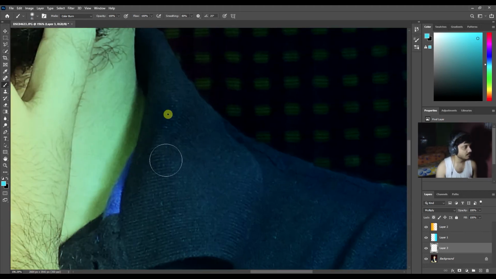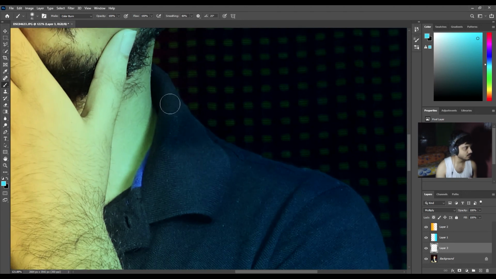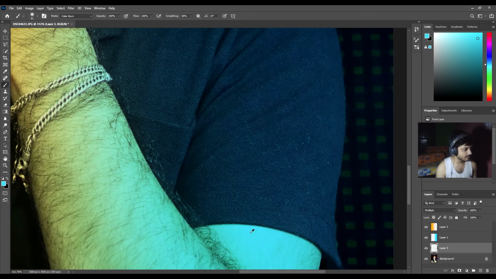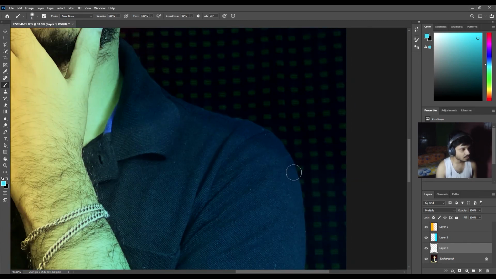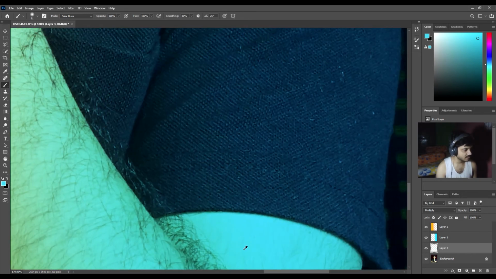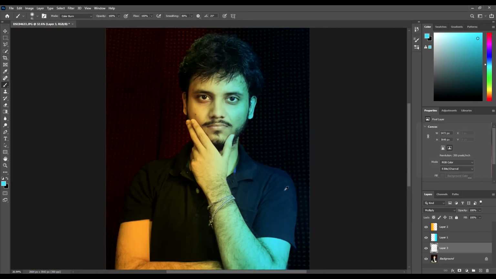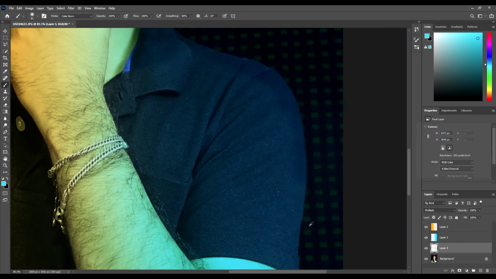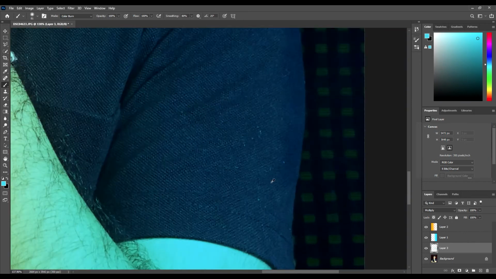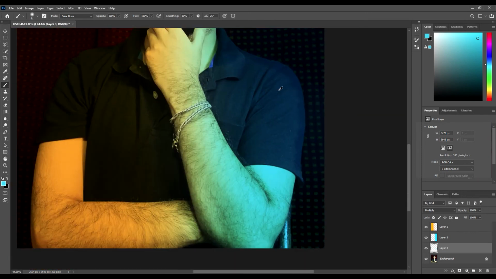So as you can see, what I'm doing over here, I'm just increasing the amount of shadows on my collars and my shoulders. I have just selected the paintbrush tool, and I have actually selected the color from this part of my skin, and I am just applying it over here. I don't know if you can feel the difference or see the difference, but on my monitor I surely can, and this is what is going to make the difference between you and your surrounding.